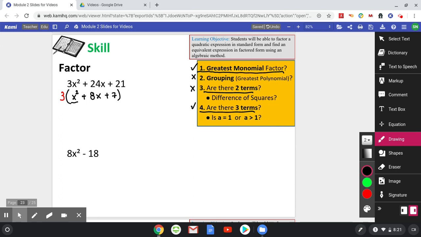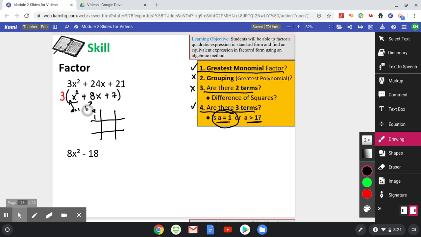And we have to determine, do we have a equals to 1 or a bigger than 1? What is the number in front of the x squared? Not outside the parentheses, but still inside the parentheses. We have a 1. We will be looking at this one. Means pound sign method for this one. If you require help on the pound sign method, please refer to the video factoring trinomials with a equals to 1. So here I will put a is 1,